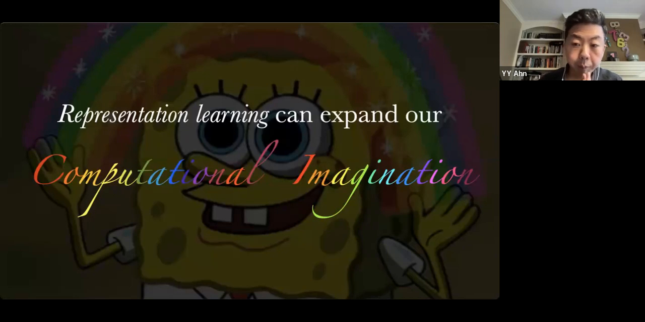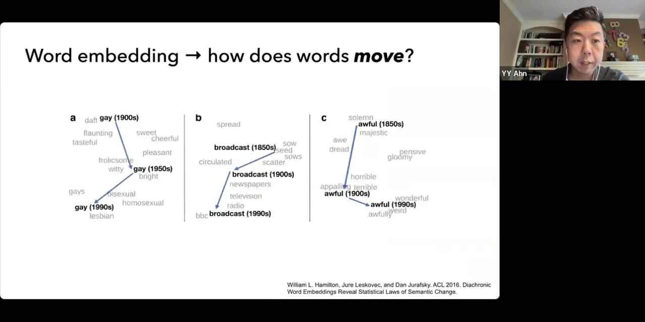So I think this ability to represent really complex data as an embedding in a space can unlock our computational imagination. It allows us to ask questions that are hard to think about if you don't have that space. Like one example is that